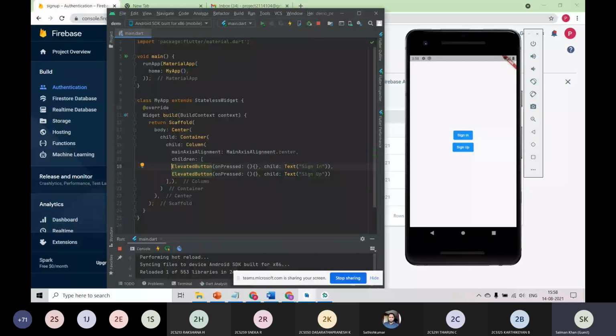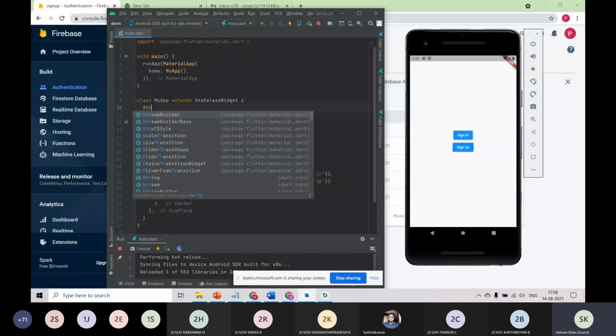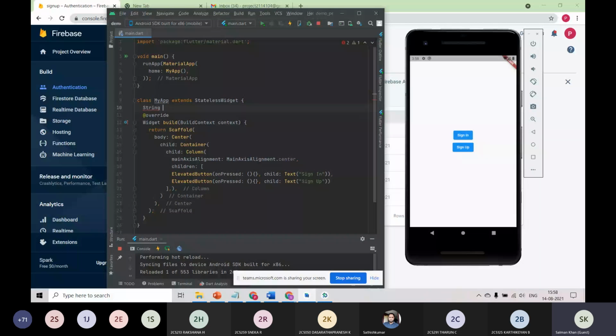Another best example: about two months ago I was using, for example, String name, and now it is not supported. Even the String is not supported. Now the late keyword has been introduced because it can be initialized in the future or not. That is what the late keyword means.